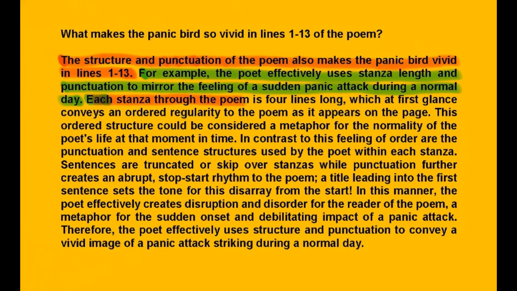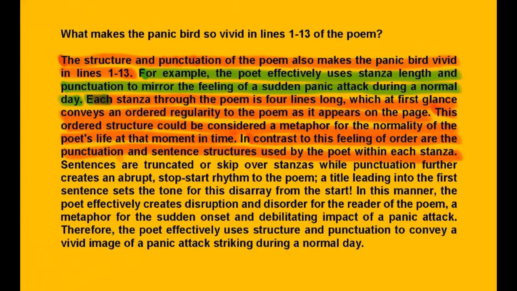Each stanza through the poem is 4 lines long, which at first glance conveys an ordered regularity to the poem as it appears on the page. This ordered structure could be considered a metaphor for the normality of the poet's life at that moment in time, during that day. In contrast to this feeling of order are the punctuation and sentence structures used by the poet